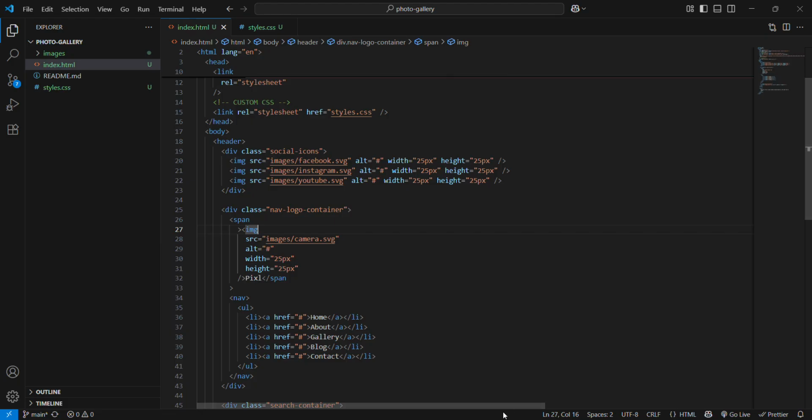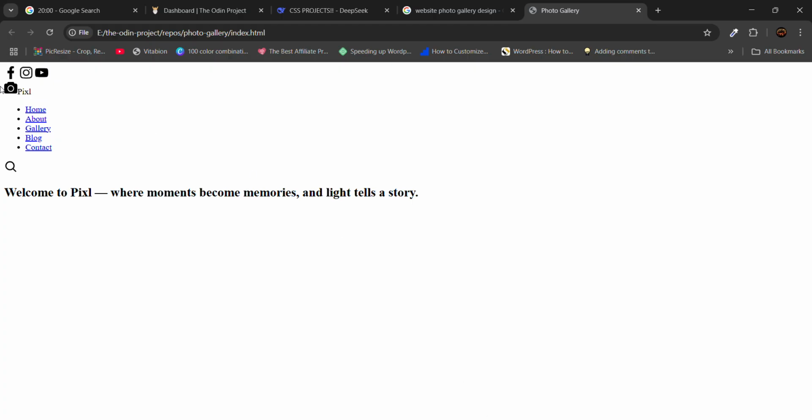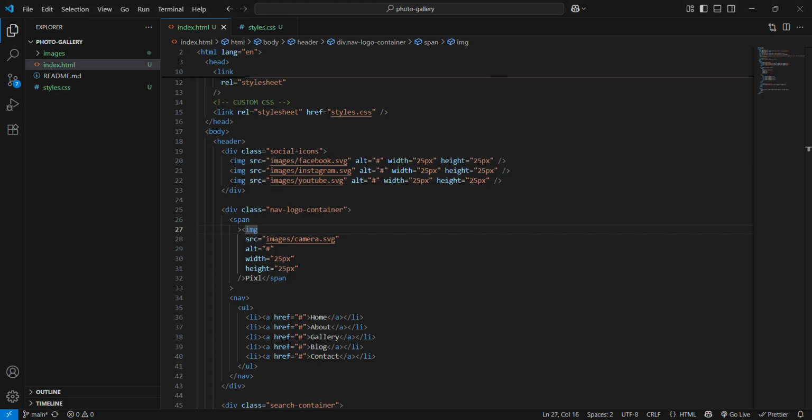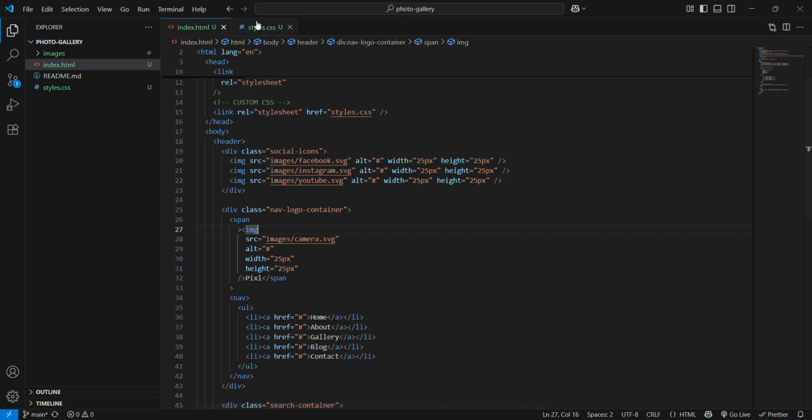But since we're not gonna control the SVG stuff through CSS, I think inlining this is easier, and I think it's okay. Anyway, and now I want to use CSS to